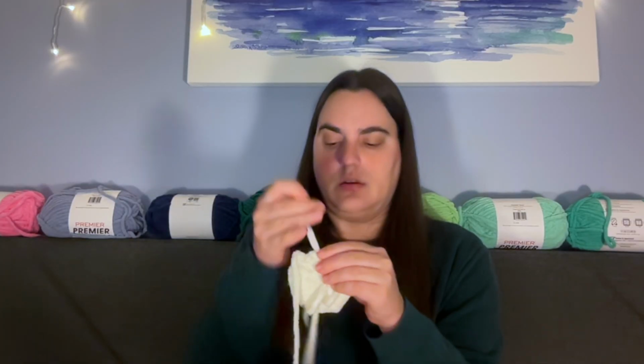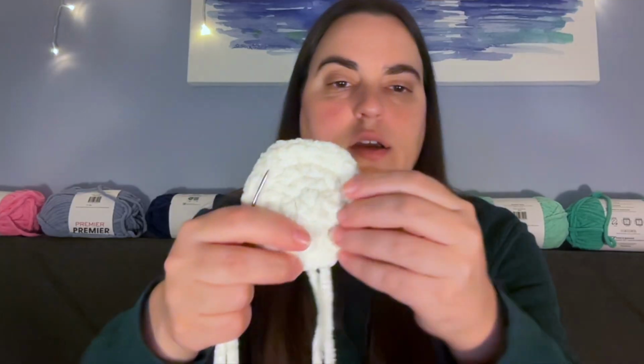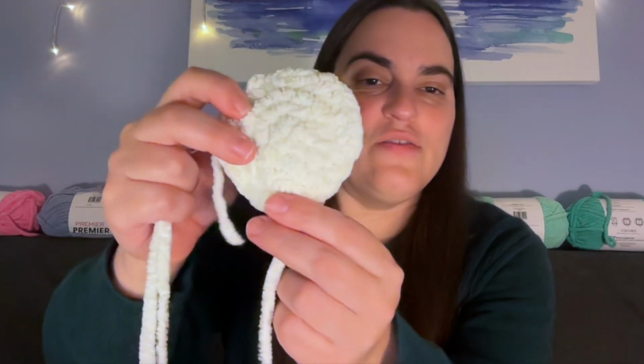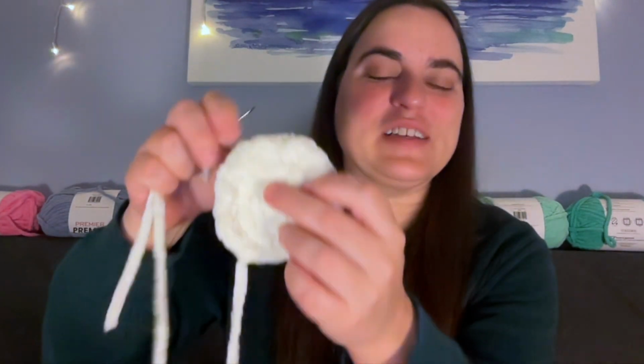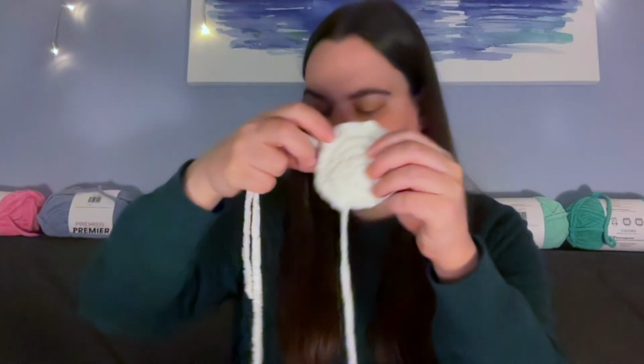Remove my stitch marker, go through the second stitch from the end and then go back through the back loop of where that came out of, which kind of closes it into a nice little circle where you kind of have a pretend V at the bottom, even though you didn't make one. This fixes the jog between the two when you end there. So